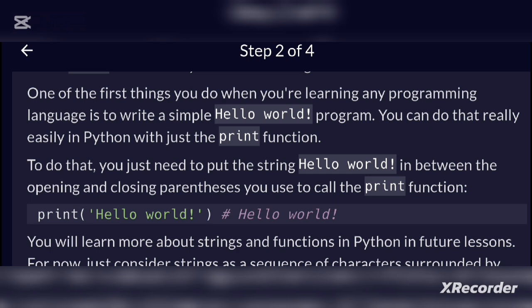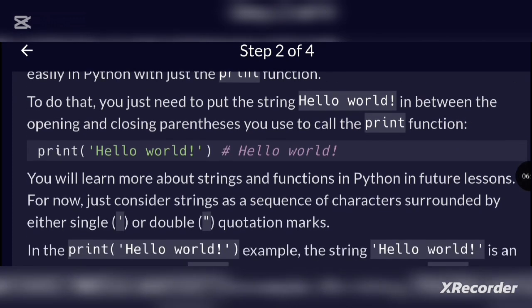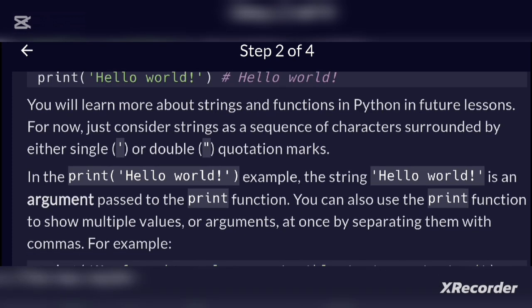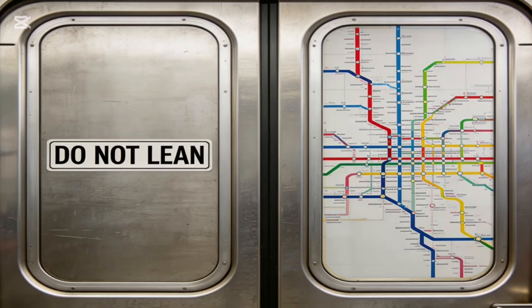You will learn more about strings and functions in Python in a future lesson. For now, just consider strings as a sequence of characters surrounded by either single or double quotation marks. Like I said, in the print hello world example, the string hello world is an argument passed to the print function. You can also use the print function to show multiple values or arguments at once by separating them with commas. For example,